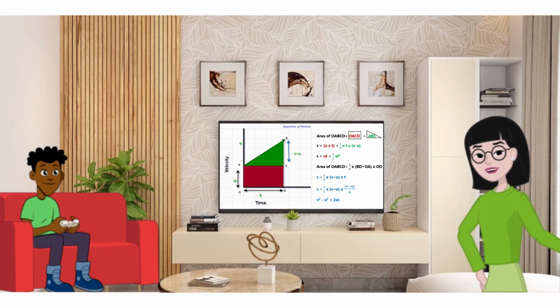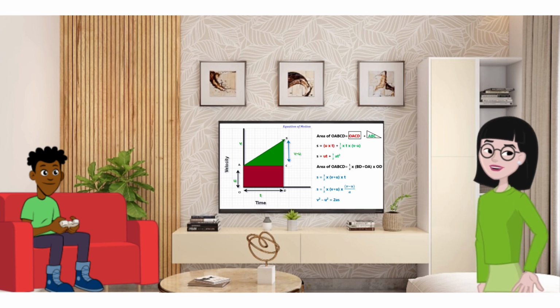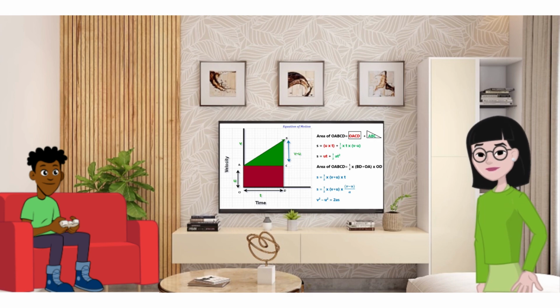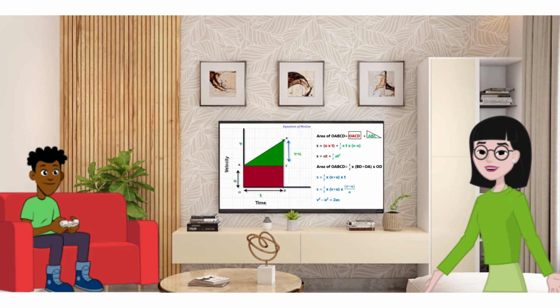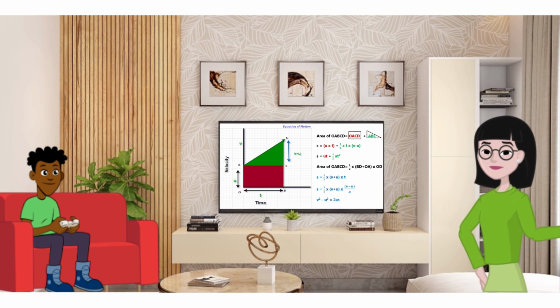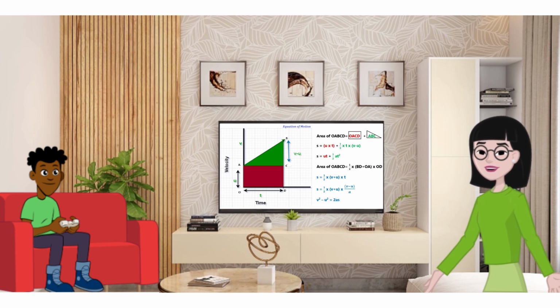In this video we will derive the equations of motion by the graphical method. To derive the equations of motion, let us consider the v-t graph, where time t is plotted along the independent axis, i.e., the horizontal axis, and the velocity v is plotted along the vertical or dependent axis, as shown in the figure. Here u represents the initial velocity and v represents the final velocity after a time interval t.